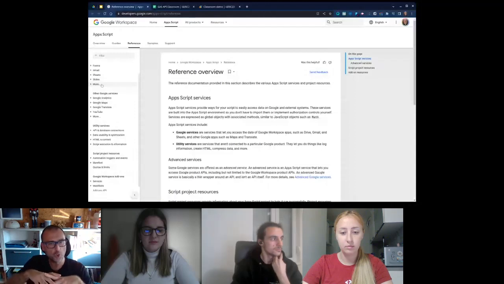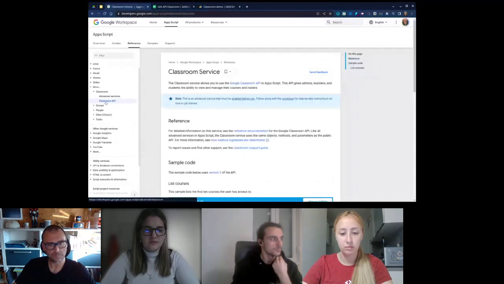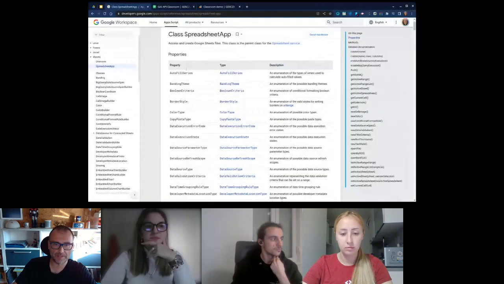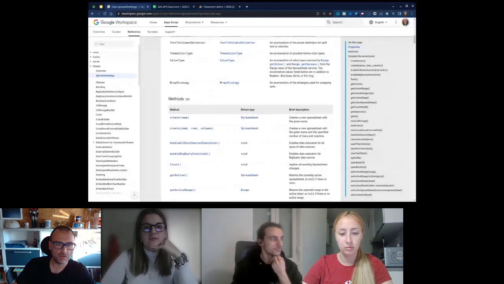You can look for all those global objects and which objects, properties, methods they have inside. For instance, if I go to Classroom here, I can look into the object, or I can go into Sheets, it's a simpler one, and get into SpreadsheetApp and see all the properties inside this global object, as well as methods and the detailed documentation.